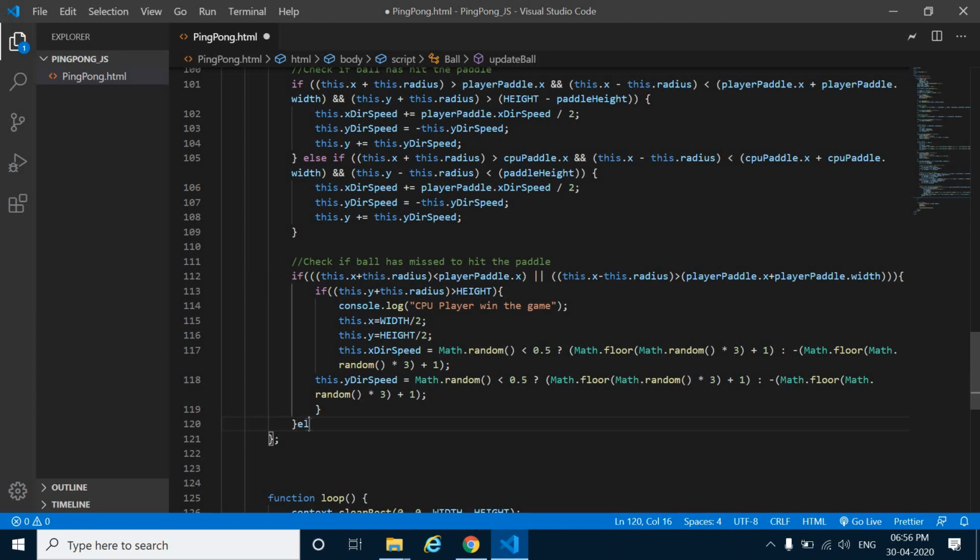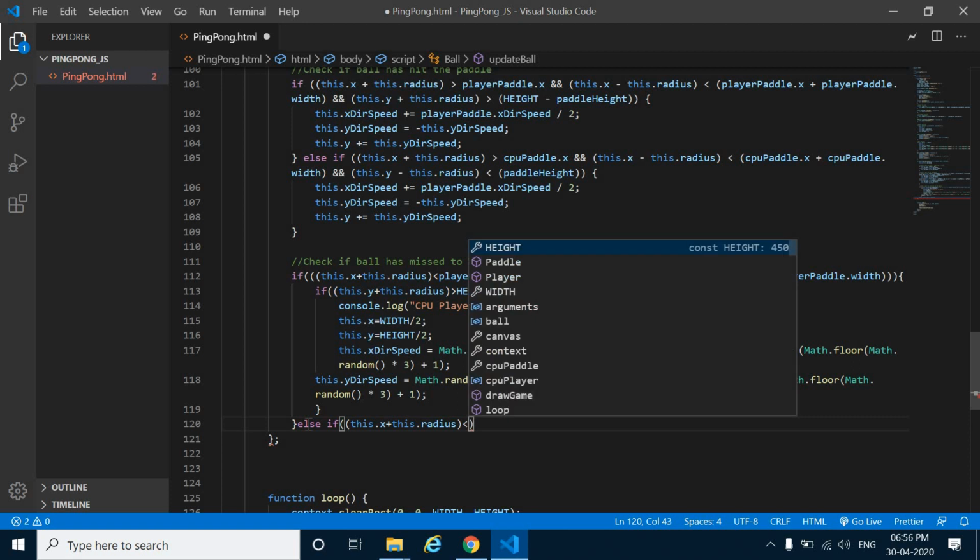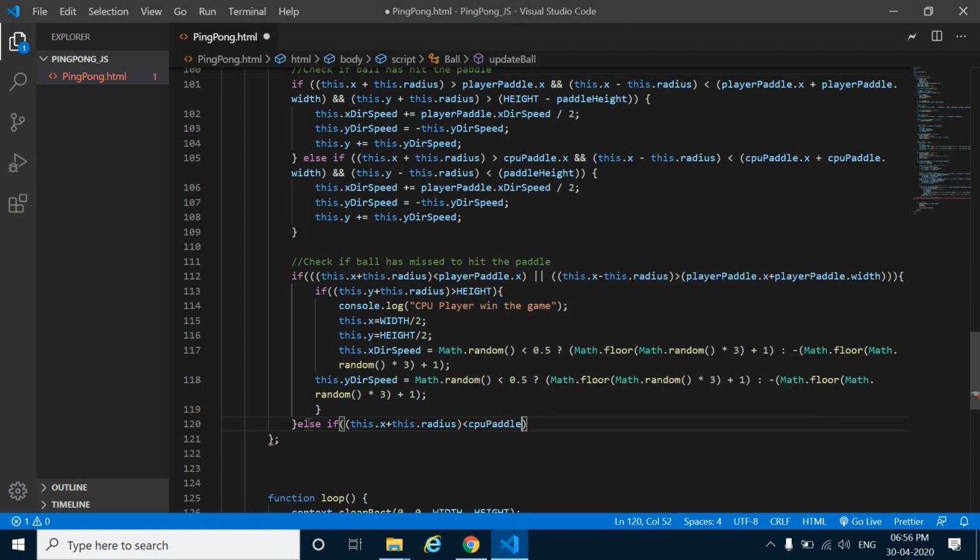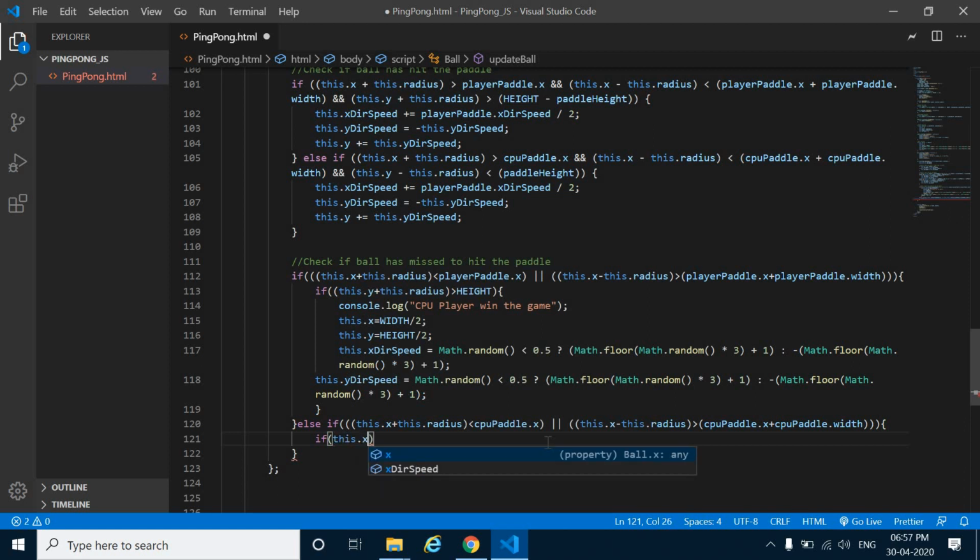Now we'll check another else condition: else if this.x plus this.radius is less than the CPU player paddle.x, or this.x minus this.radius is greater than CPU paddle.x plus CPU paddle.width. If it is true, then we'll check if